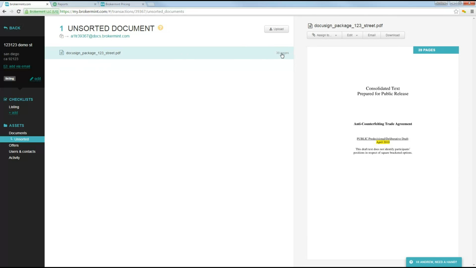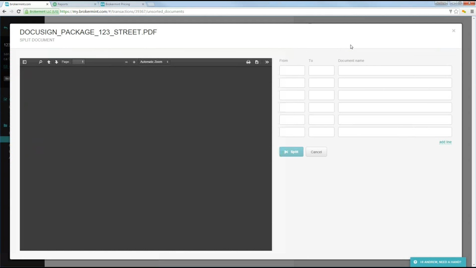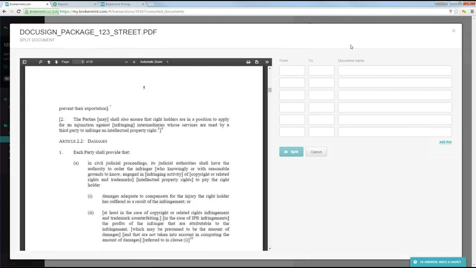I can do split and merge. So let's say we have a PDF document that we received from DocuSign, and I need to split the document and assign individual portions of this document to different items on my checklist. So I can click on a document, select Edit, and select Split. So that's how I can split a document and assign the individual parts of this